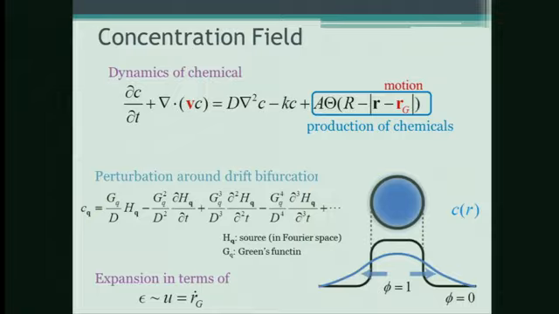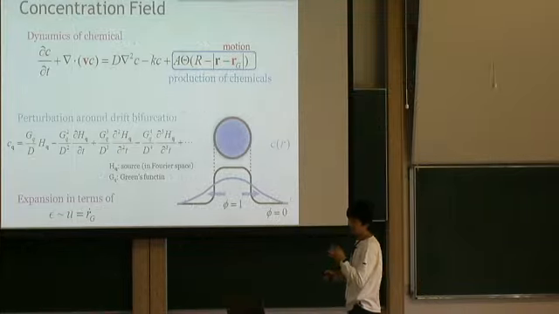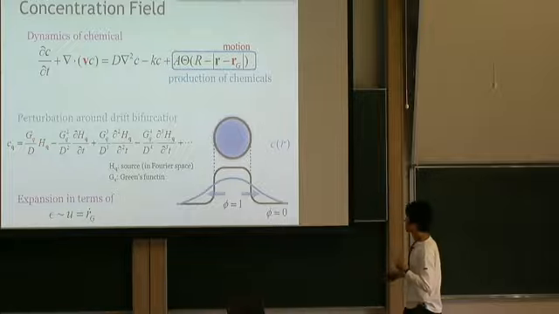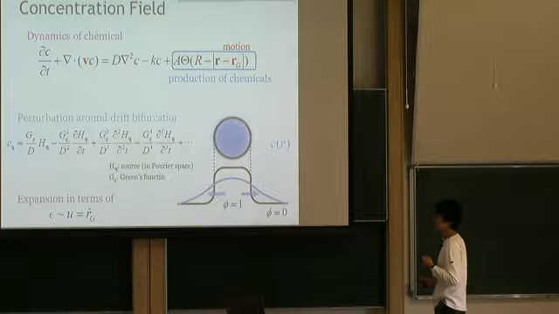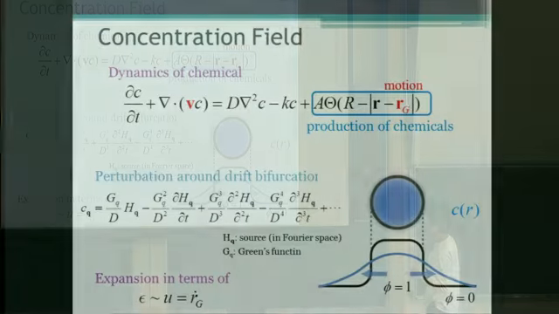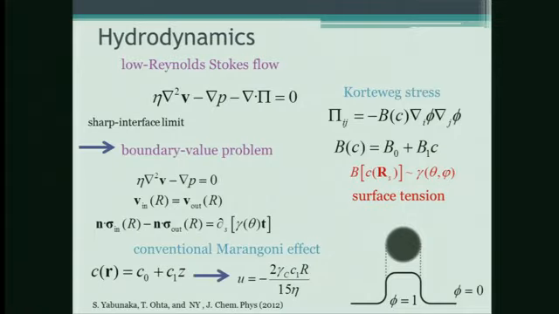And since we are interested in deformation of the droplet, it is a bit hard to solve this kind of problem with the boundary value problem. We rather use some continuous description for the droplet, using phi is 1 inside the droplet and phi is 0 outside the droplet, and continuously connecting this function like this, and taking the sharp interface limit. This is kind of a phase field description of the system. So then we couple this